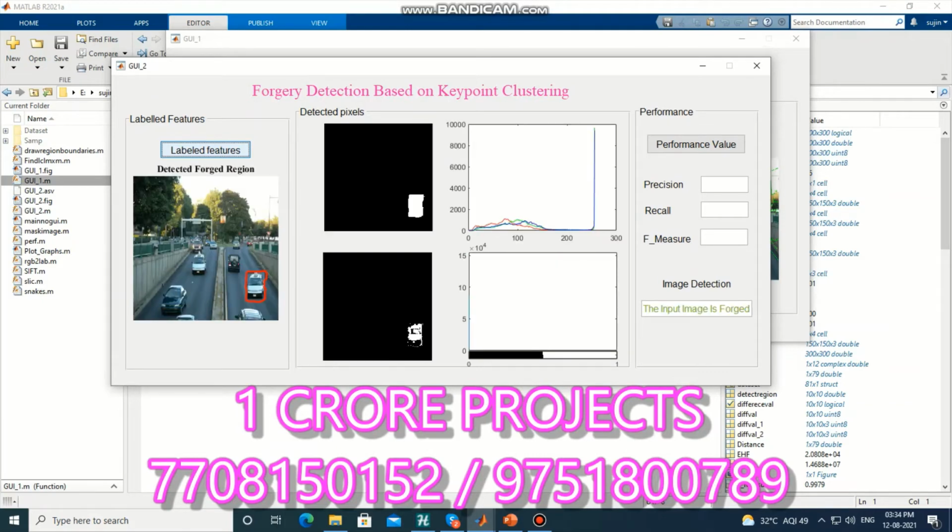Finally the output will be shown. The performance values will be extracted. So finally this image is also a forgery image.